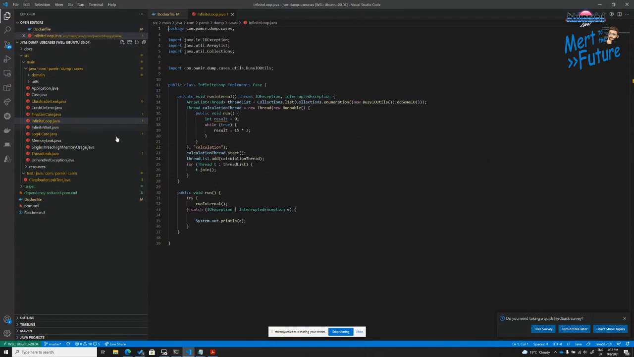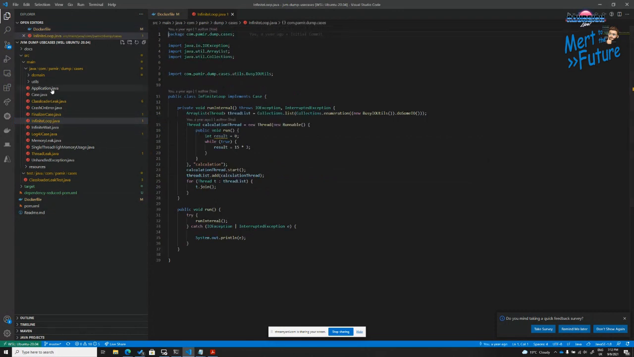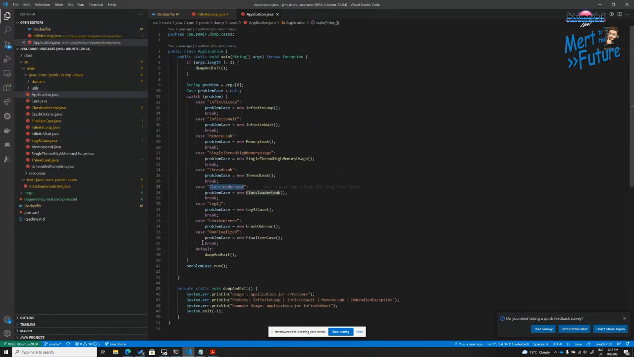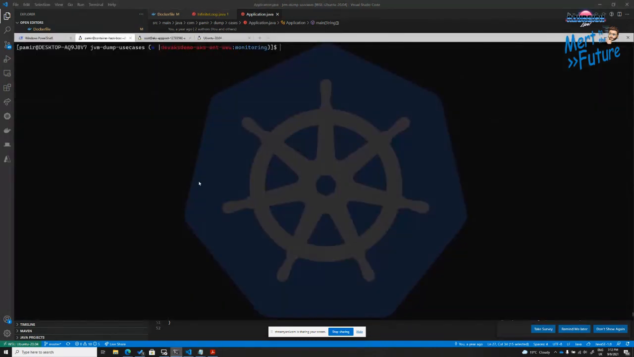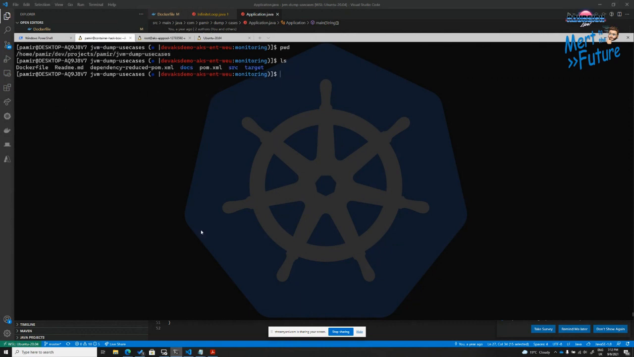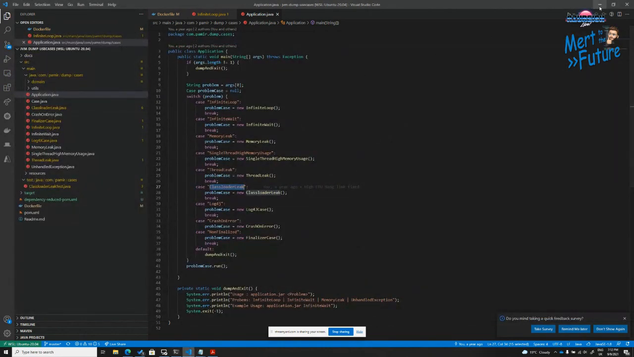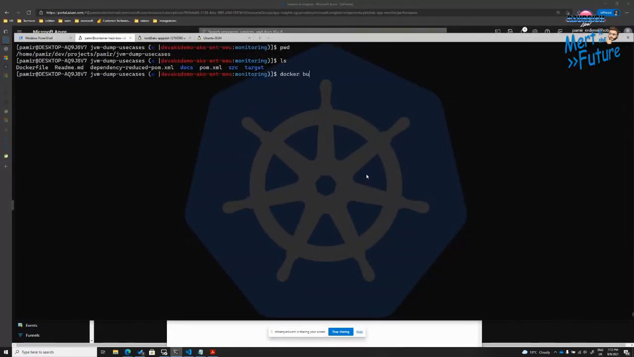I don't know the source code. I mean, I know the source code, but you don't know the source code. And let's see how we troubleshoot the application. But first of all, this is my JVM dump use cases folder, and I have the exact same source code in here. So what I'm going to do is docker build